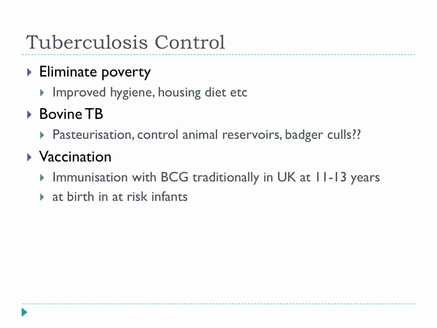So how do we control TB? Well, again, it's all politics, isn't it? If we eliminated poverty, improved hygiene, housing, diet, and so forth across the world, then a lot of the problem would go away. And that's one of the things that's happened in our own societies. We've seen a progressive decrease in the incidence of tuberculosis in Western societies for around 150 years, predating the advent of antibiotics and predating vaccination. A large part of that was because our stock of humanity was just getting better fed, living in better housing, and so forth.